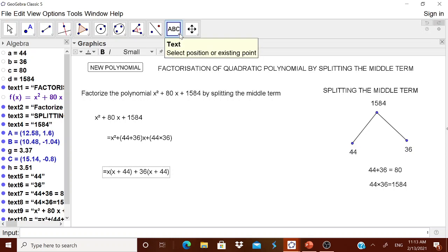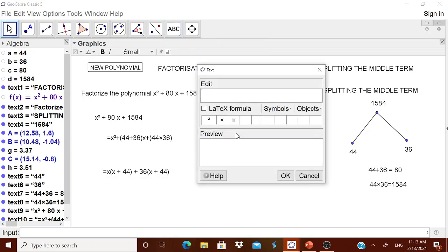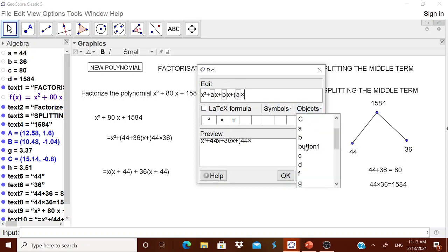Some of you may think that maybe you want one more term, therefore x square plus, you can have it like this. You want to show the children this is actually the thing we are doing now. It is left to you. If you want, you can avoid this particular term and also the step.